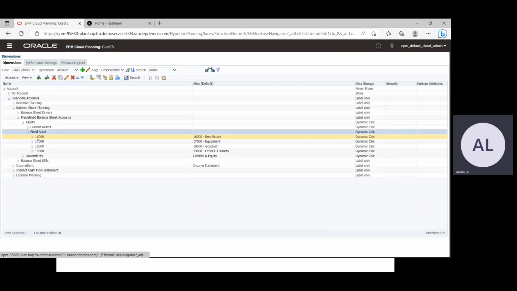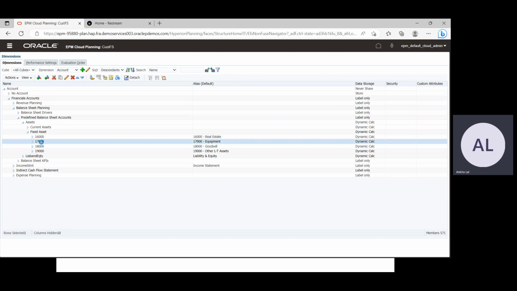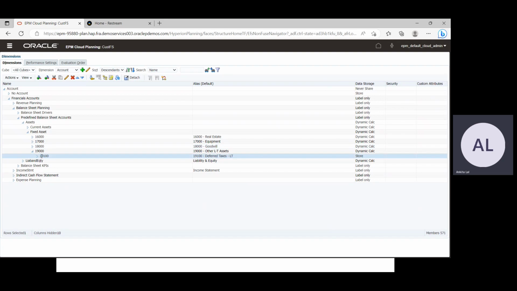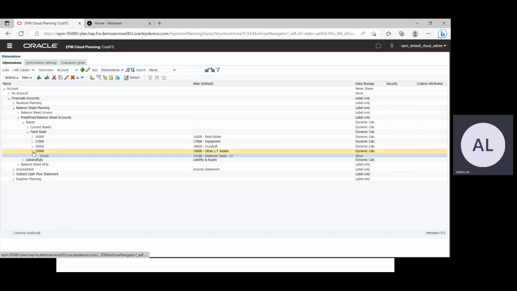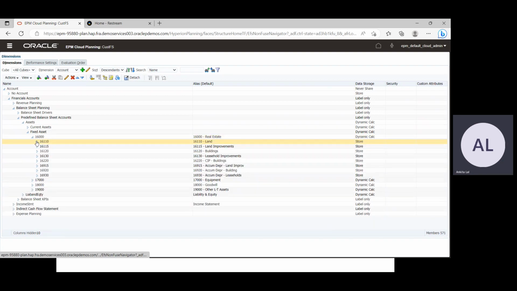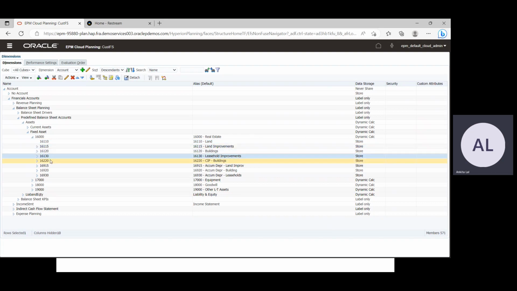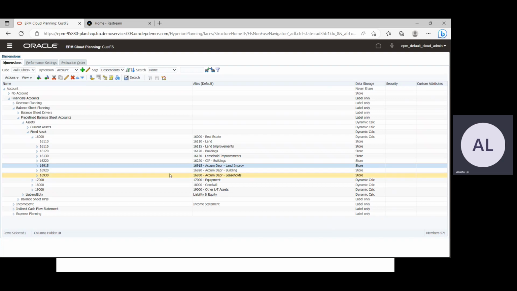Here in our application, we have real estate, equipment, goodwill. Other long-term assets are deferred tax assets. So these are all the categories of fixed assets. In this application we have land improvement, building, lease improvement, then CIP building, cost work in progress, capital work in progress. We even have the accumulated depreciation, which will be subtracted from the